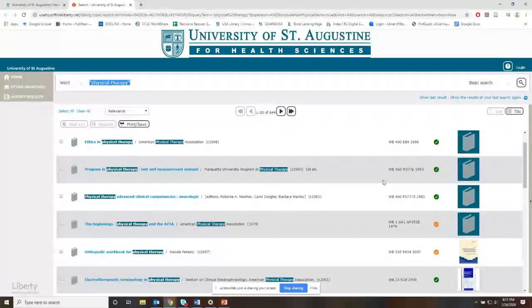The only reason we do that is just because it's easier to catalog them that way. We'll look at ebooks when we're searching Search USA, but there's only a select amount of ebooks. I think it's mostly our R2 digital library